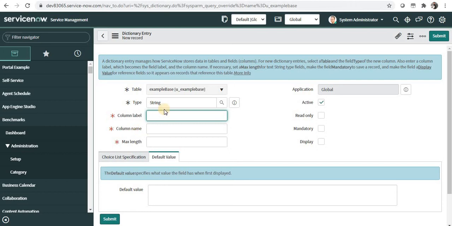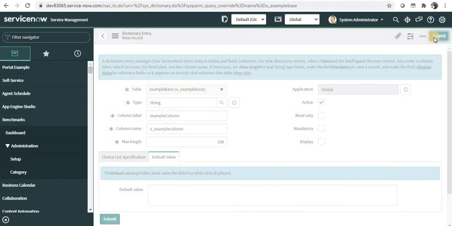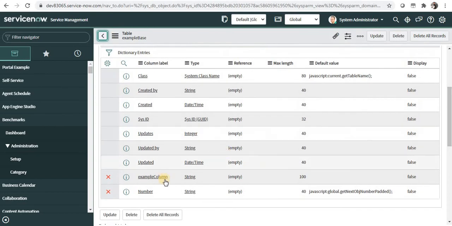So I can say example column, and as soon as I click outside, the column name comes u underscore example column, and I will give the length as 100 maybe. And if you want to explore the details of creation of column, please click on the top right corner, and I will click submit.